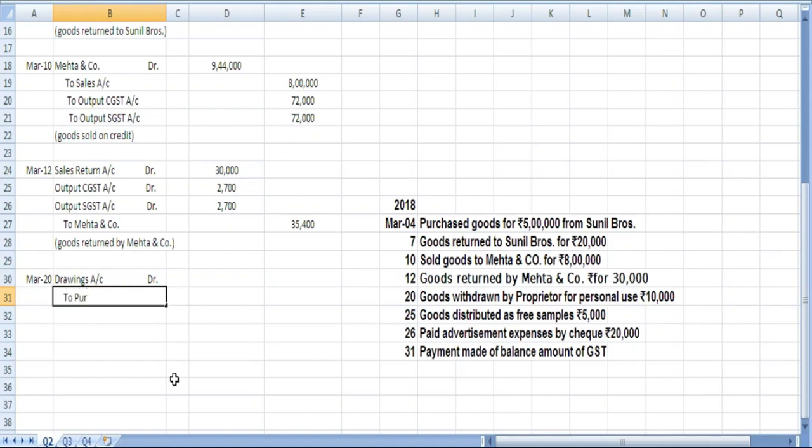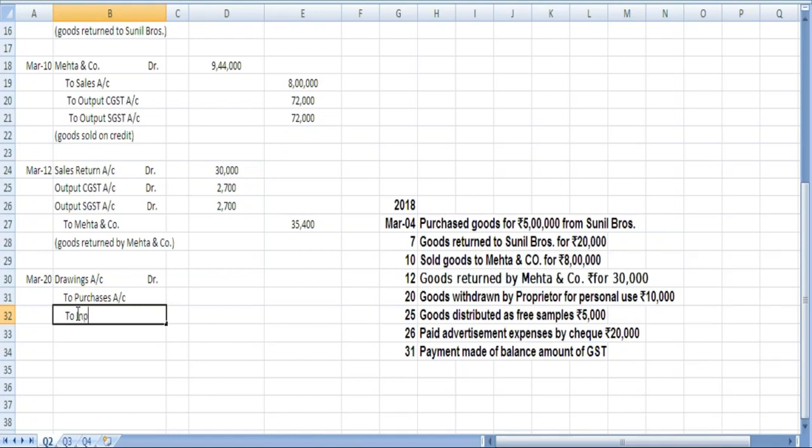To purchases account. Now since this is not a sale, instead whatever goods was purchased, proprietor is taking away for his personal use. So in this case, whatever will be debited, we will credit,